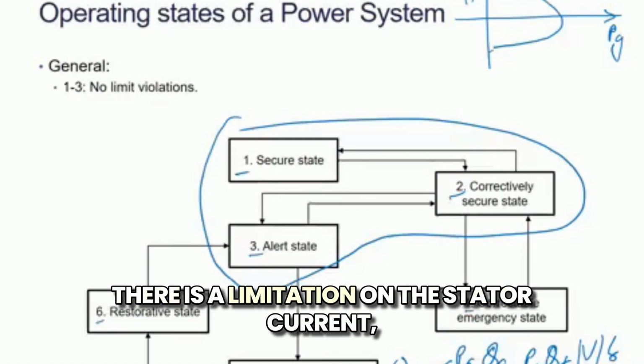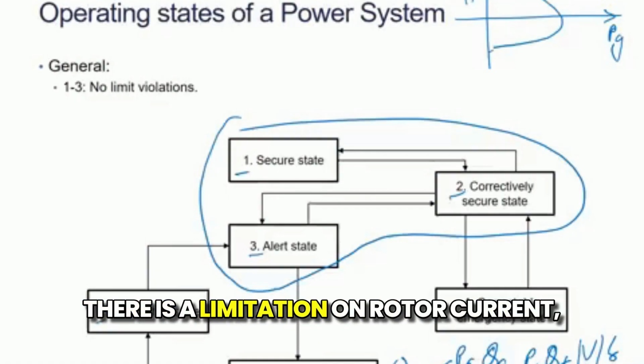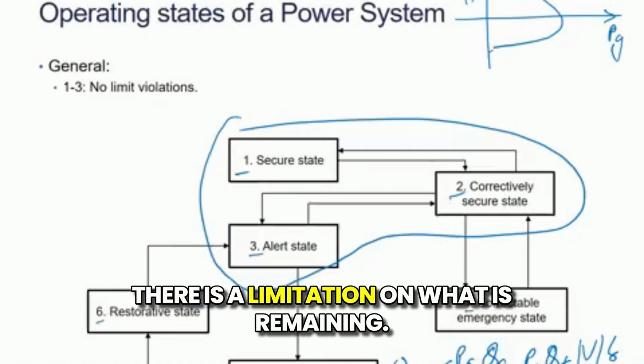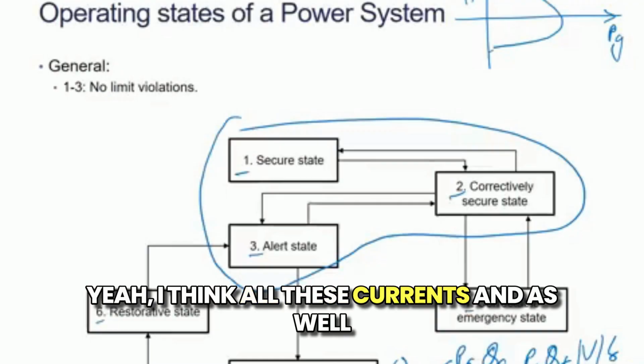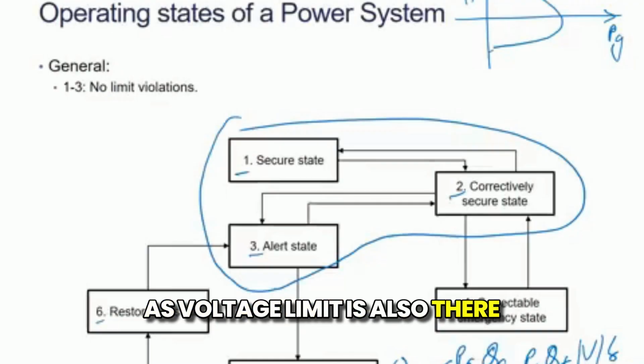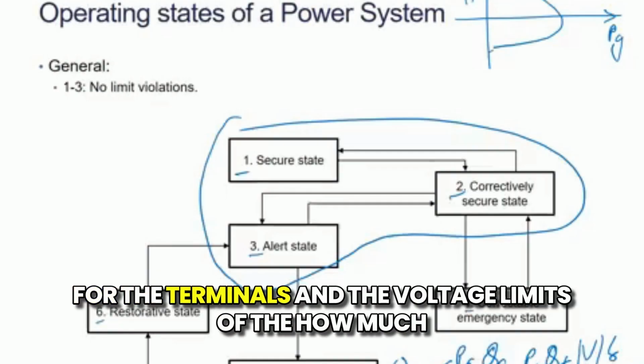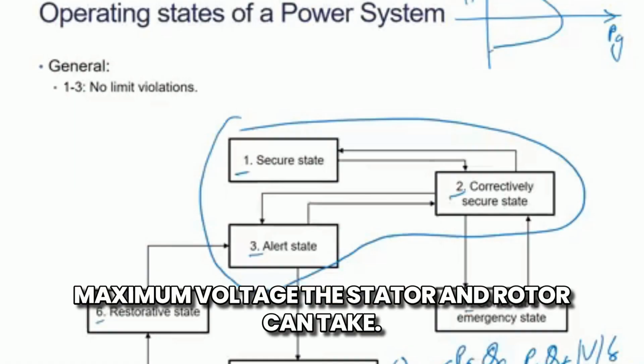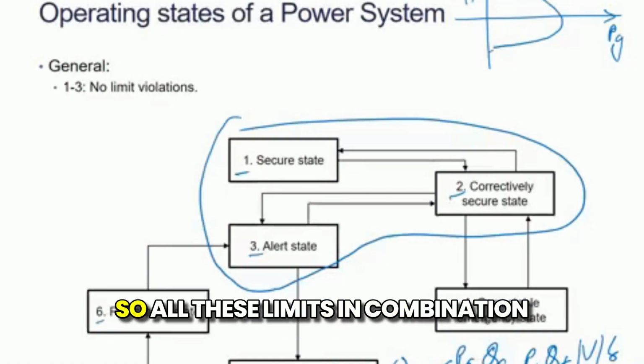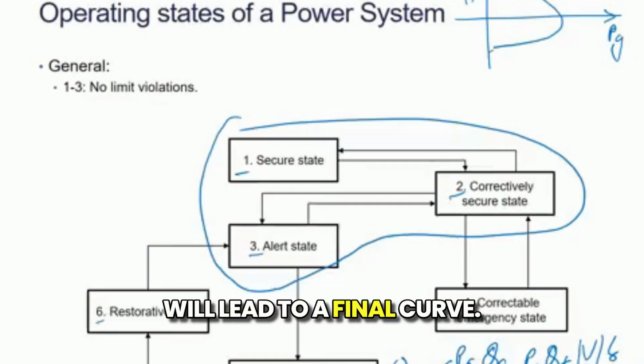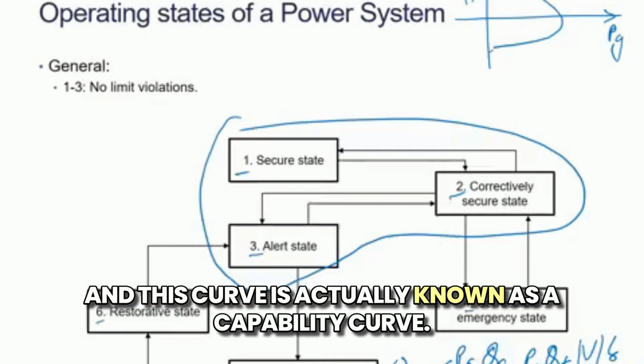There is a limitation on the stator current and on the rotor current, and a voltage limit for the terminals, and the maximum voltage the stator and rotor can take. All these limits in combination lead to a final curve, and this curve is known as the